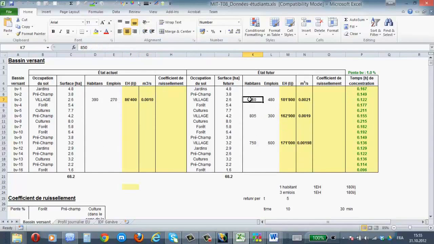In the future state, the number of population increased here. Another village is created. You see, this was an agricultural area, and this was also an area. Now it has already become a village, and people are living in that. So we have to consider a future state as well. It means considering a future state means we will consider the future state, but